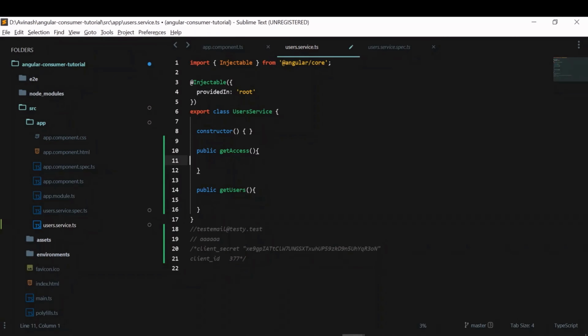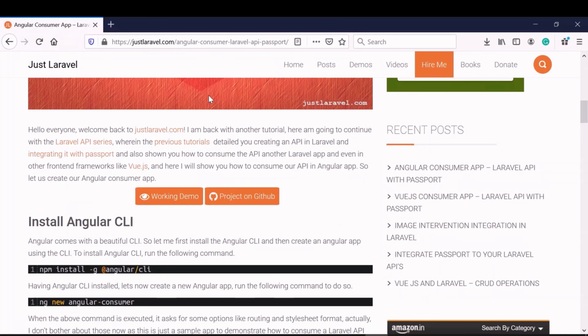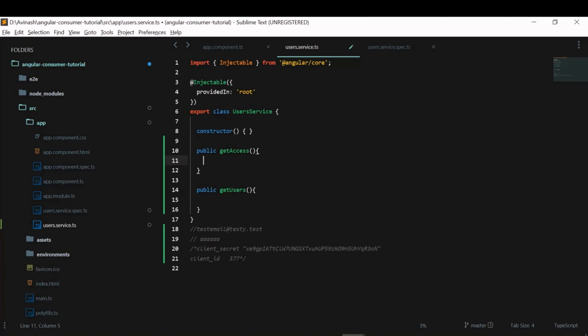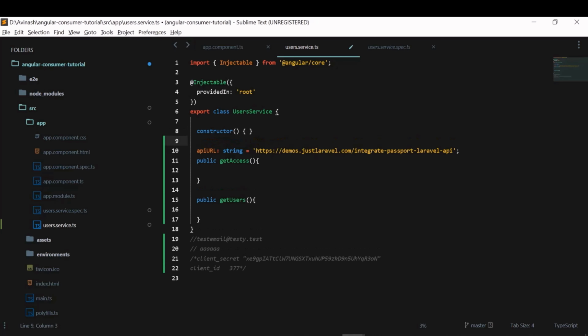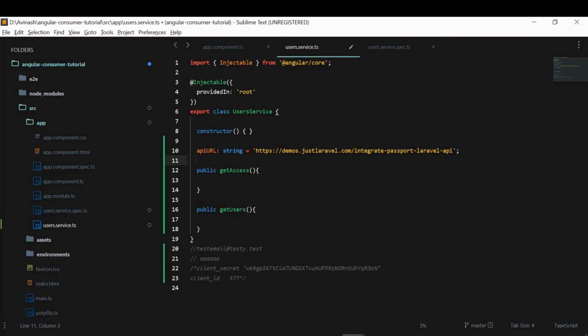So for that, first in this access URL, I need to specify the URL. So this is the API URL which we need to connect to.